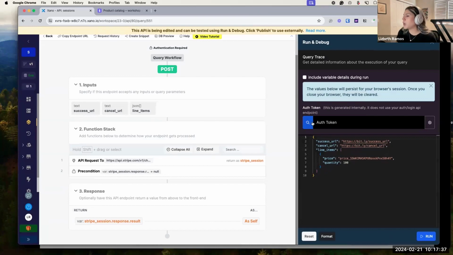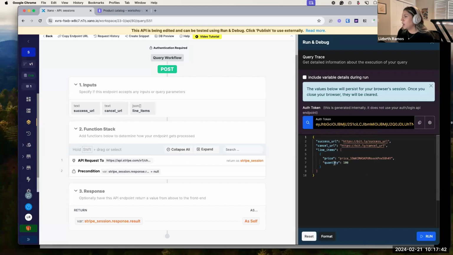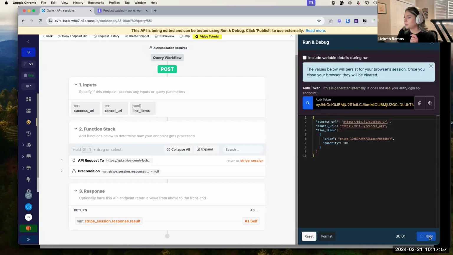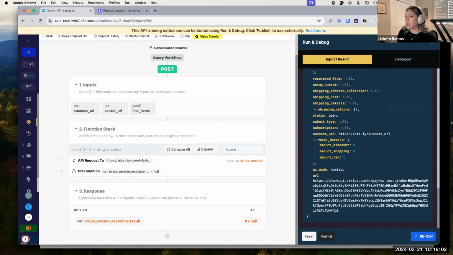So now we have our payload. We can say in this example that Monica is logged in. We have our success URL, our cancel URL, and our line items. So let's go ahead and run this endpoint. This would be like if a user goes ahead and presses checkout. And then now we get a successful response. And within the successful response, we find this URL. This URL is where the users are going to be routed for them to check out and complete their payment